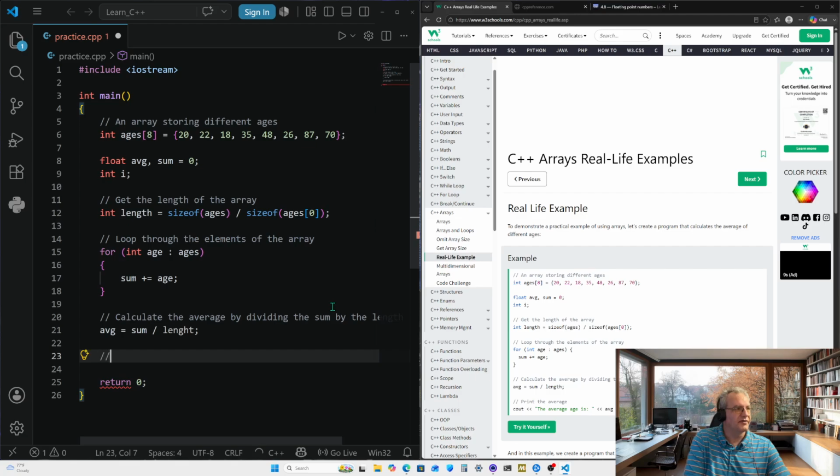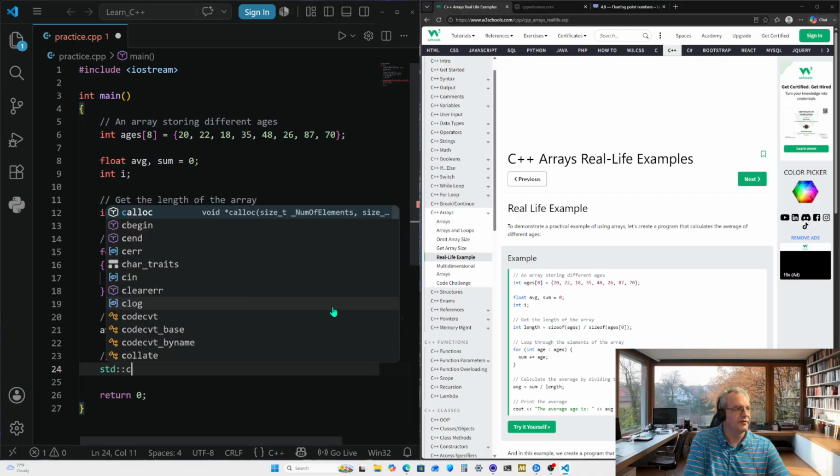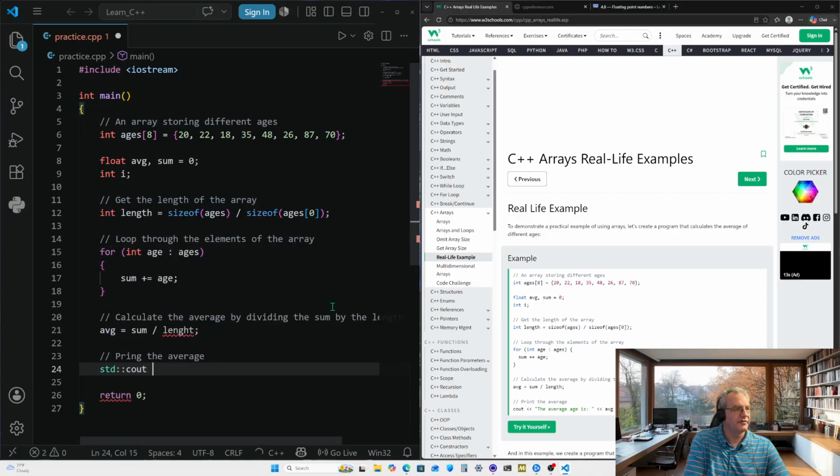And then the last comment, print the average. Standard cout insertion,